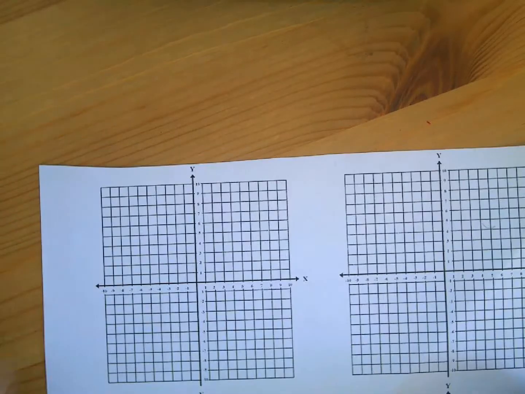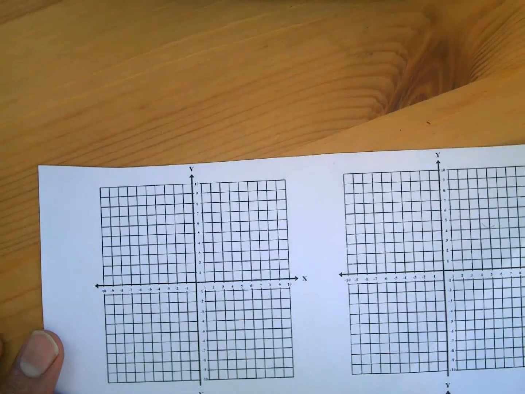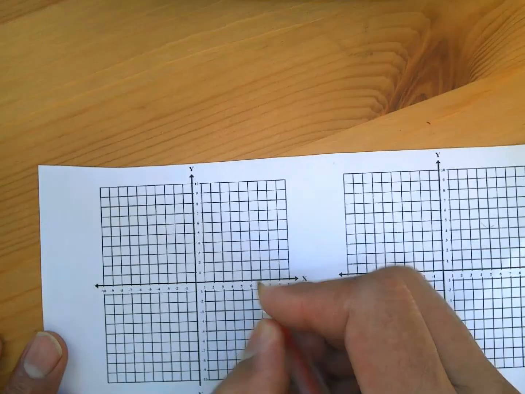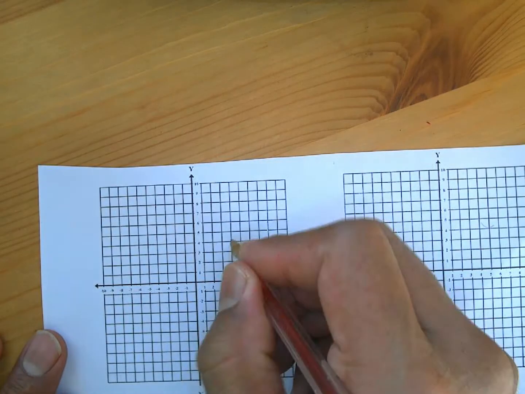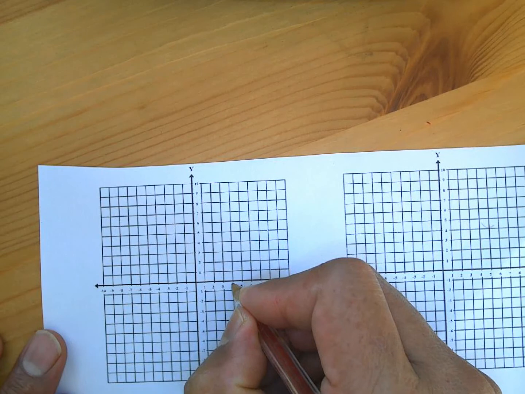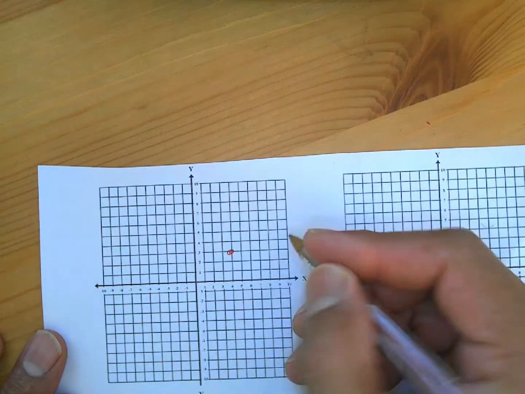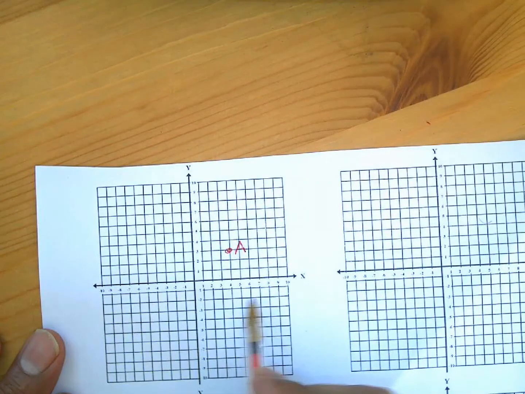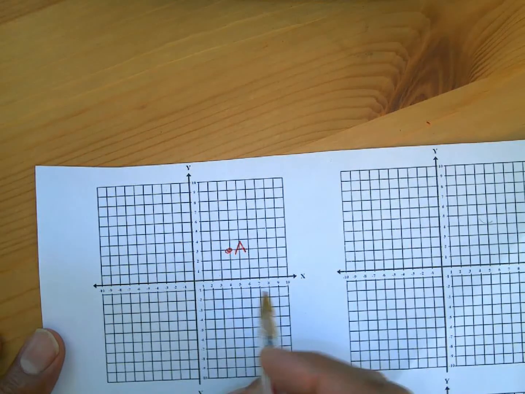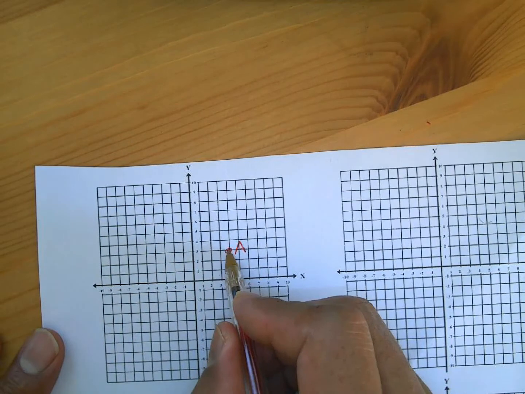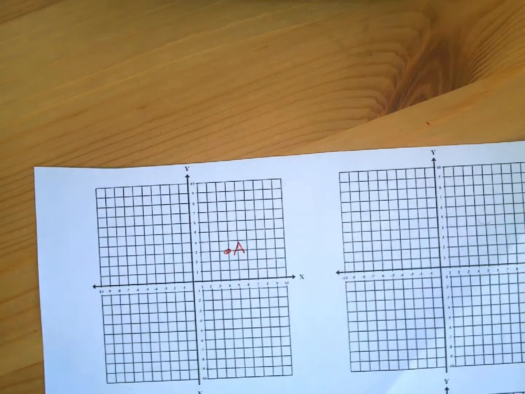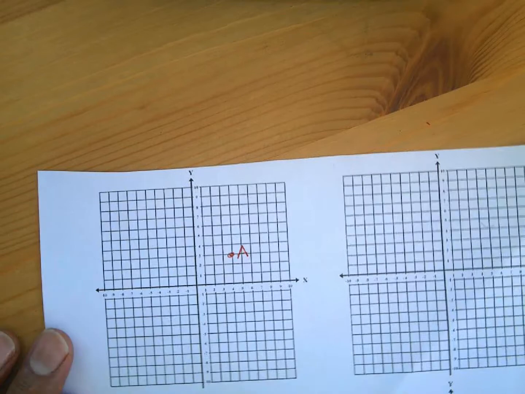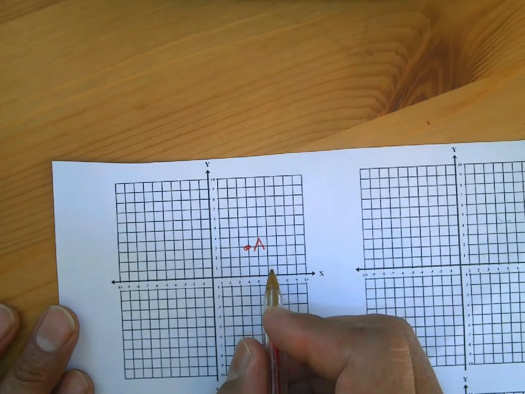Okay, so continuing with rotations. They're going to give you a point. Let me go with a point like 4, 3. This is point A. Point A is at 4 on the x, positive 4, right? And up 3. Now we're going to rotate this point